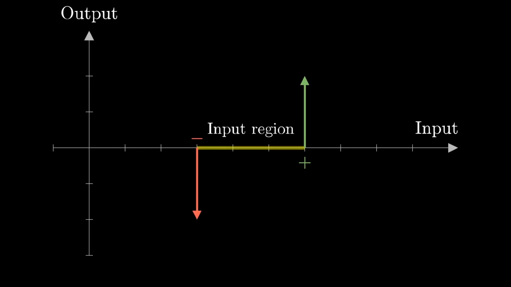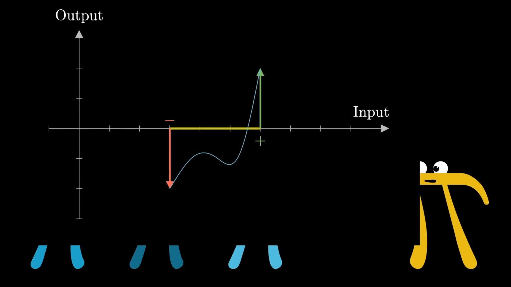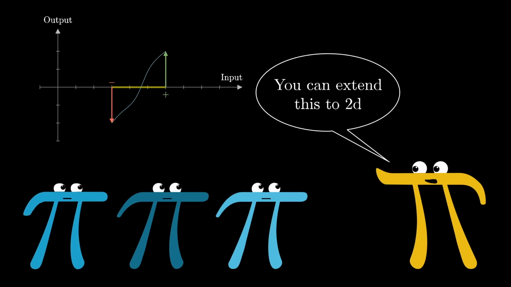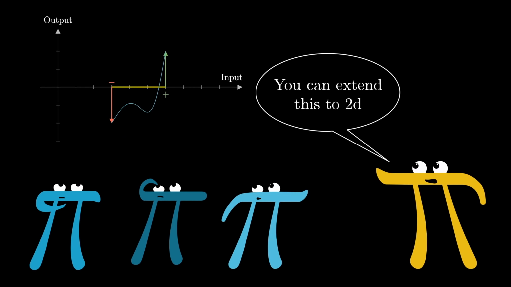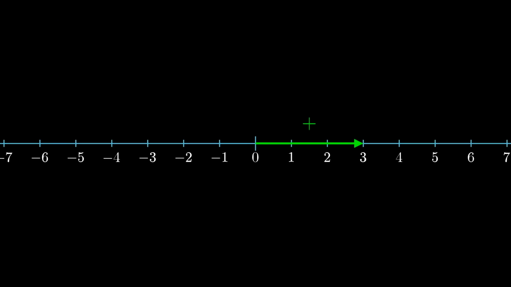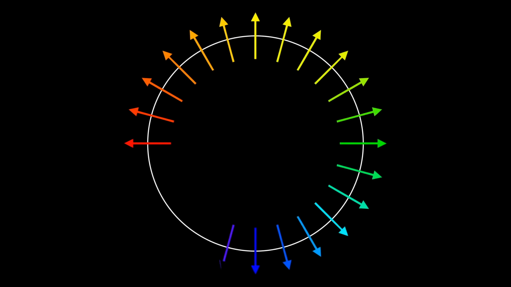Now remember, in one dimension, the main insight was that if a continuous function is positive at one point and negative at another, then somewhere in between, it must be 0. So how do we extend that into 2 dimensions? We need some sort of analog of talking about signs. Well, one way to think about what signs even are is directions. Positive means you're pointing to the right along the number line, and negative means you're pointing to the left. 2-dimensional quantities also have direction, but for them, the options are much wider. They can point anywhere along a whole circle of possibilities.